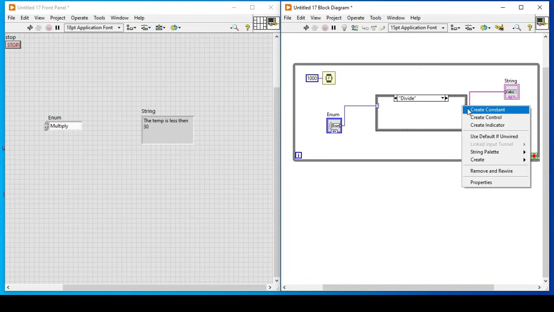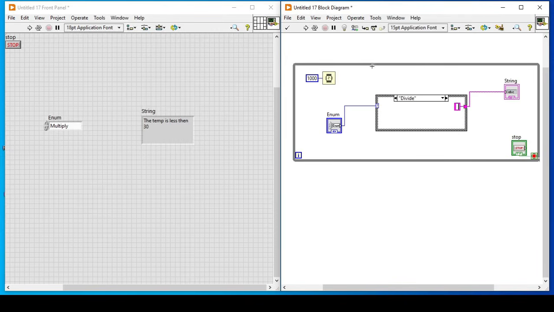If I create a constant or use default if unwired, it will let me run the program. Here I will also write the names of the cases available: multiply, subtract, and lastly